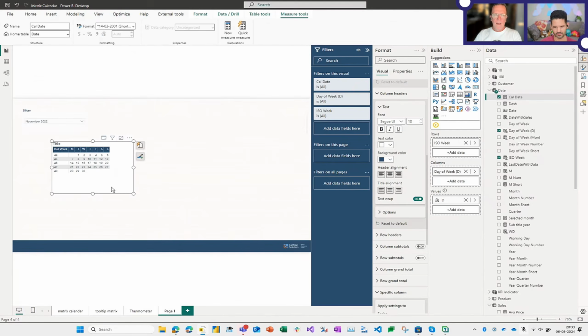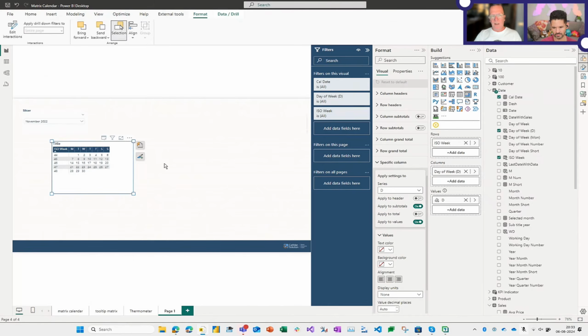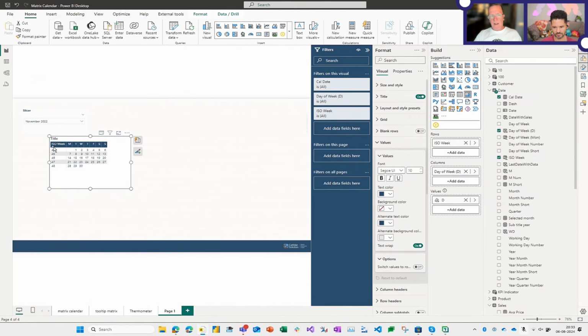Now we can filter it by week or filter it by day of week, and we can modify the name. If you don't want ISO week to say here, we could actually just modify the name and add a space in here, and we have no header of the first column. And then on our values, we can add